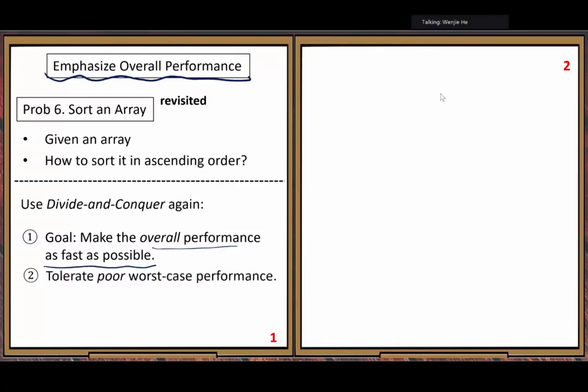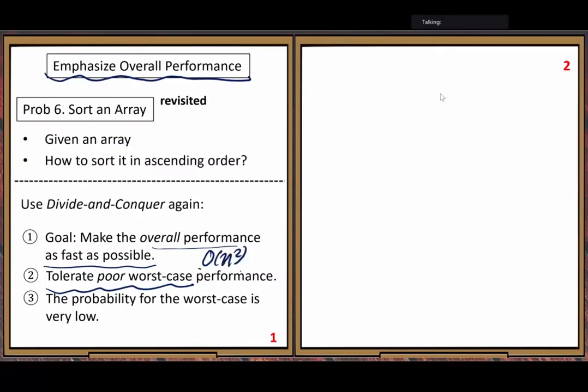All right. Some of you may ask, because the worst case is still very poor, why do you say you can tolerate this kind of worst case? The reason is simple. Because the probability of having this worst case is very low.